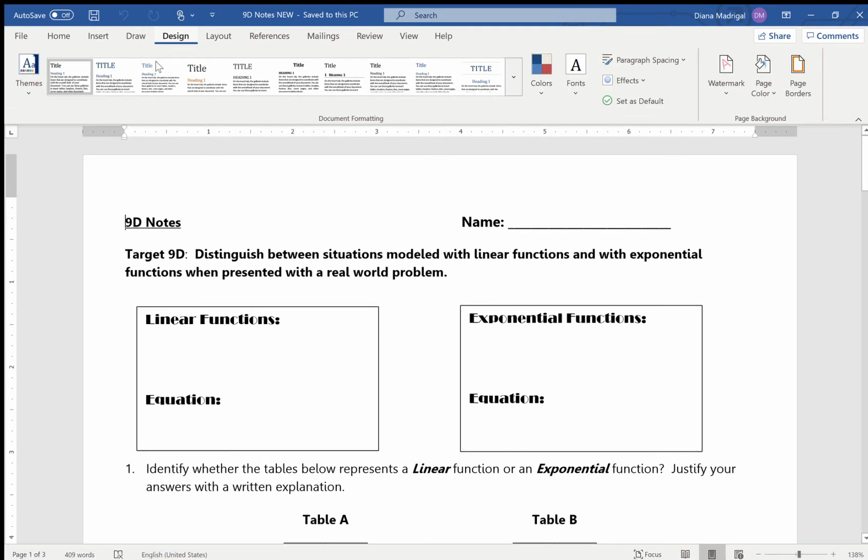Target 9D is going to be talking about the distinction between linear and exponential. So in target D, we are going to be able to distinguish between both of them. You're going to be able to know when it's going to be a linear function and when it's going to be an exponential function. Okay, so a little reminder, linear functions are the equation of a line,